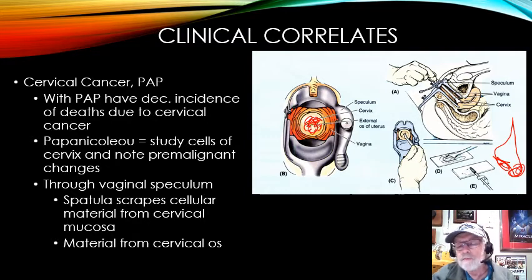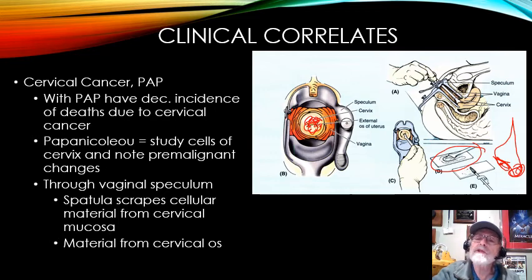They take those cells and put them on a plate, as you see right here. They put them in a fixative and send them off to be looked at by the pathologist. You can see how they put the speculum in to be able to see that, and you can see the spatula coming down in here. They also take an applicator or a brush and put it up in the endocervical canal and twirl that, so they get a little bit further in, looking for cancer that might have spread down the canal, which is different.